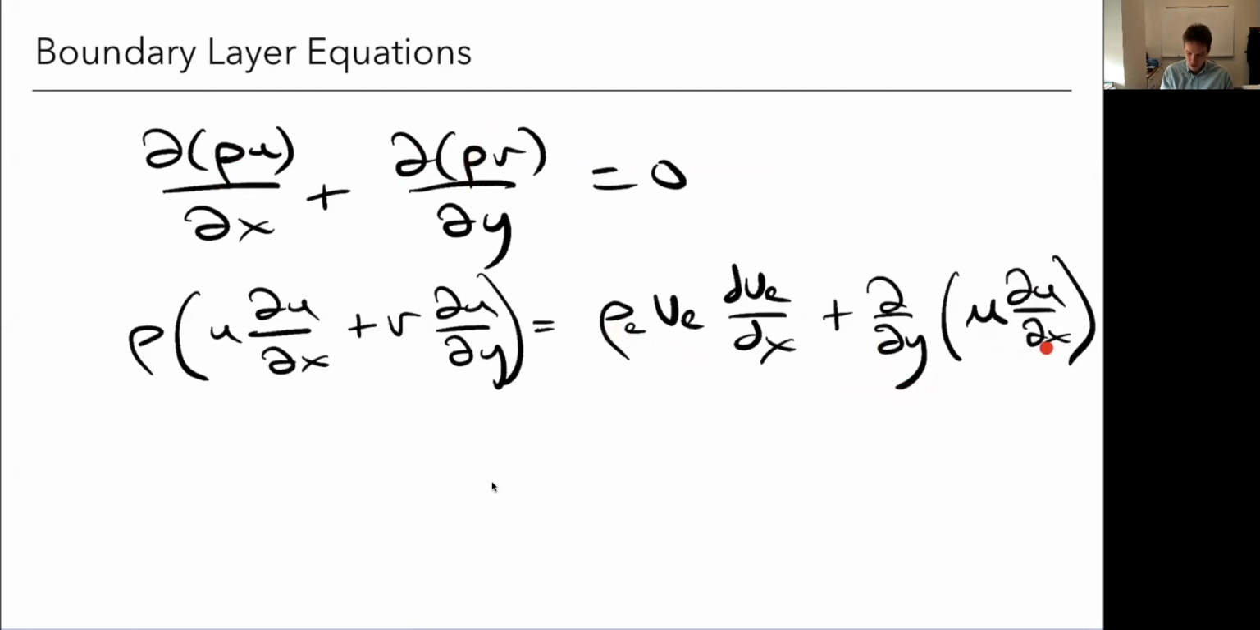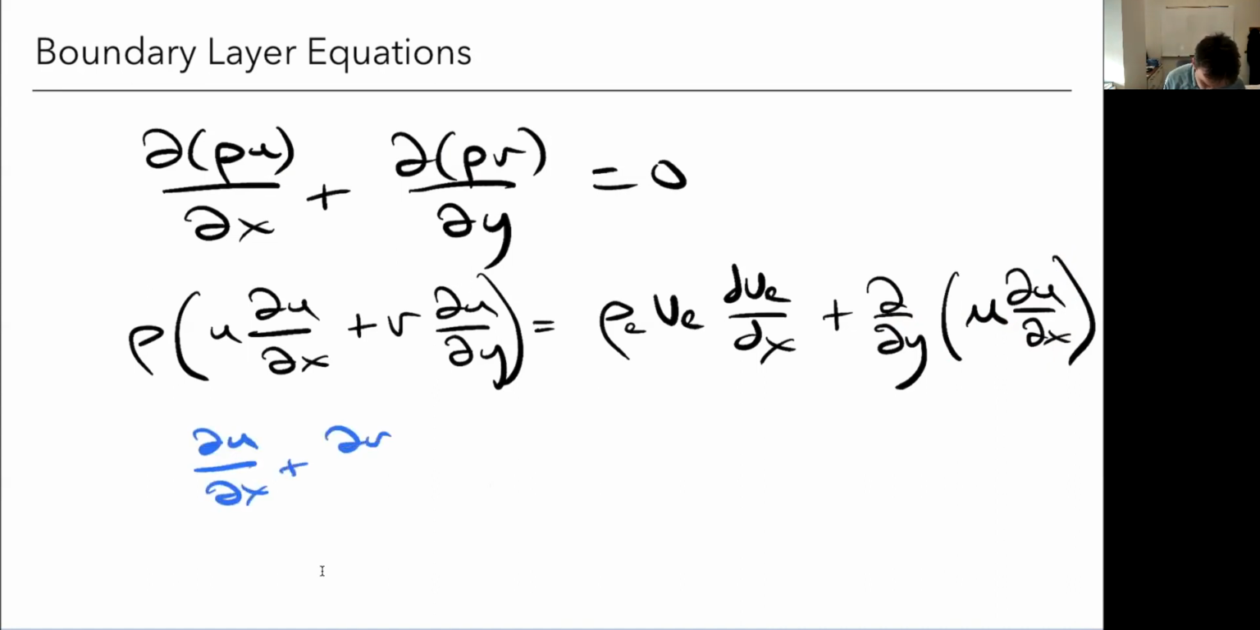And then this derivative can move over here because mu is not a function of temperature for the incompressible case. So it's a constant. And this just becomes a second derivative of u. So we can make all of those simplifications. Actually, let me just write that out. So the incompressible one is going to be